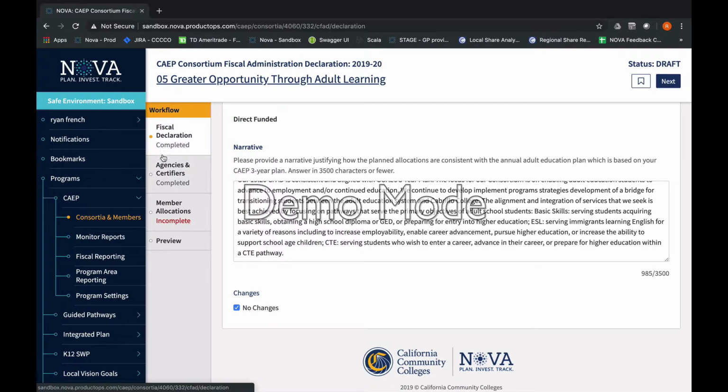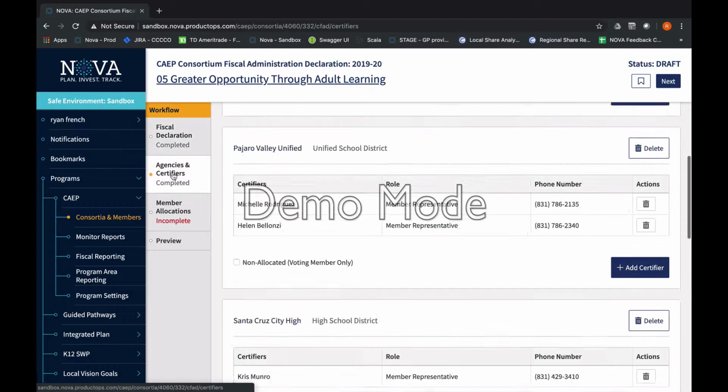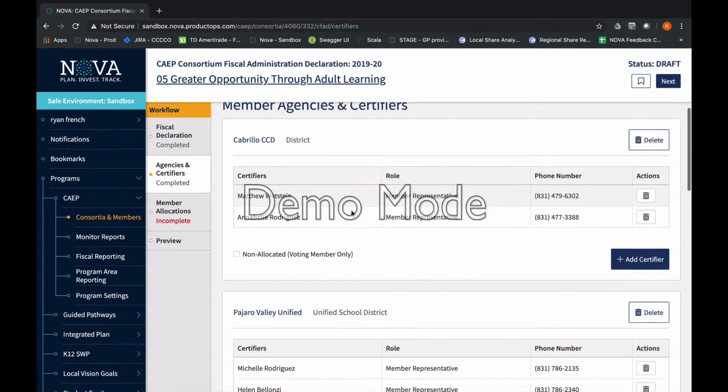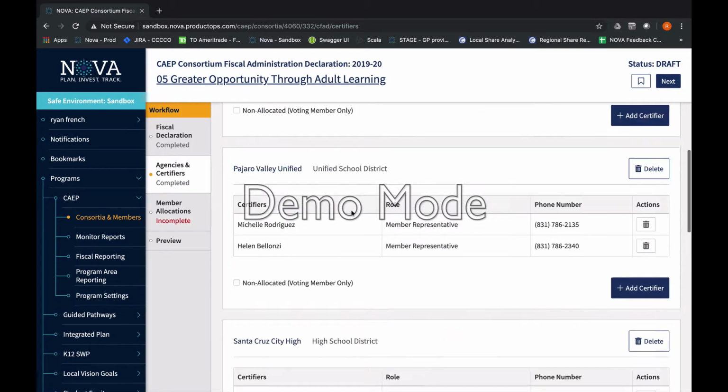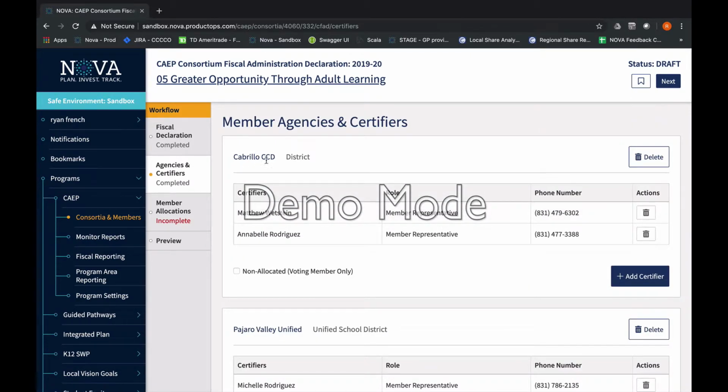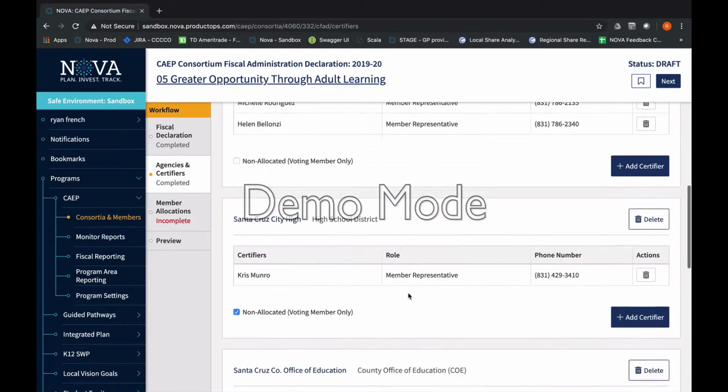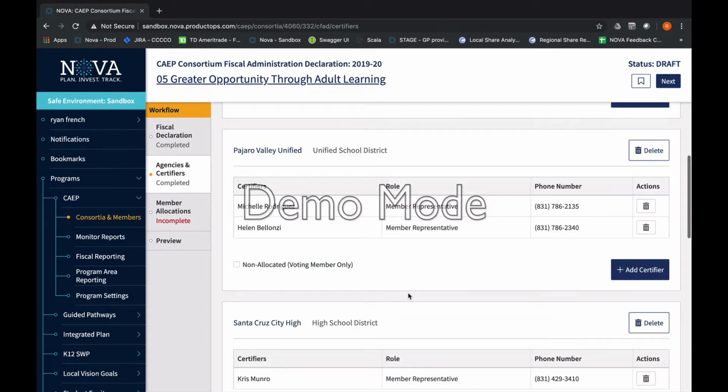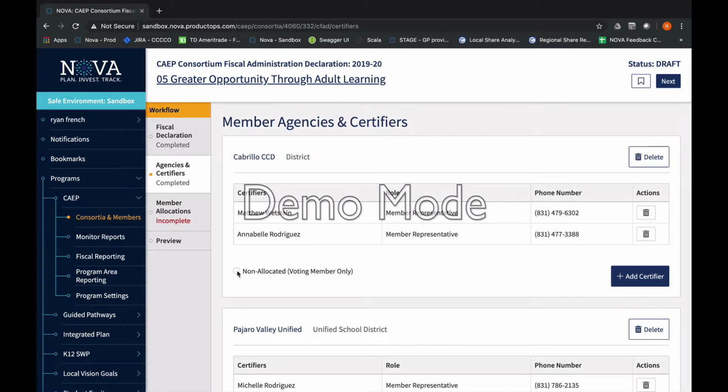Next step is around the agencies and the certifiers. So we've got lots of members in this particular consortia. Cabrillo CCD. The member representatives are Matthew Wetstein and Annabelle Rodriguez. Again, I can remove them or add a certifier. And I can mark them as voting only, so they won't be receiving funding potentially. Pajaro Valley, I can do the same. So once I've completed all of the certifiers for each member and marked them voting only or non-funded as appropriate,